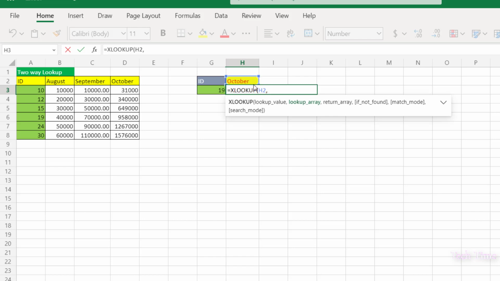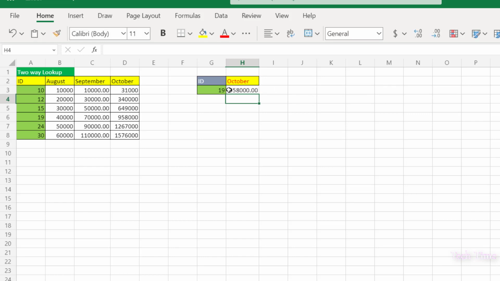Where should it find this month? It would go right over here to find it, comma, and let's put in the formula that we have just cut by pressing Ctrl V and close the bracket. Again insert one more parenthesis as we have used XLOOKUP twice. Enter,